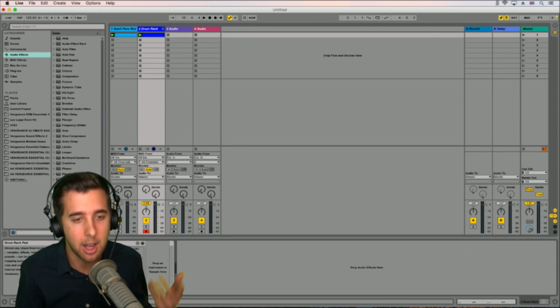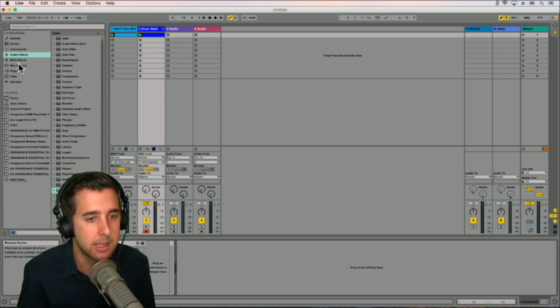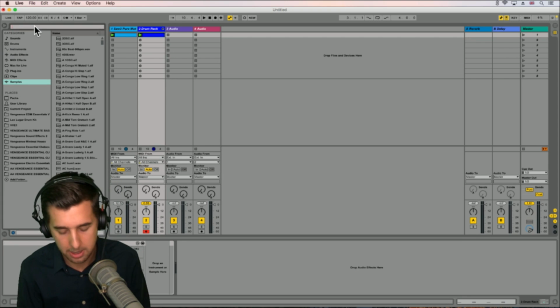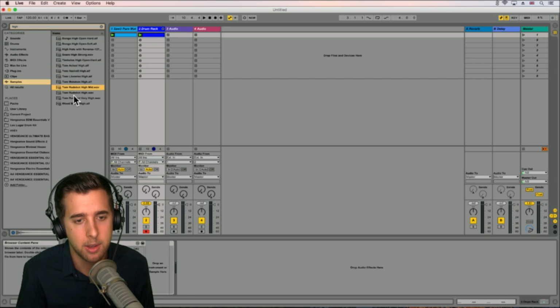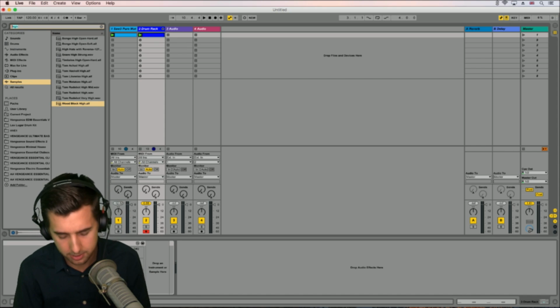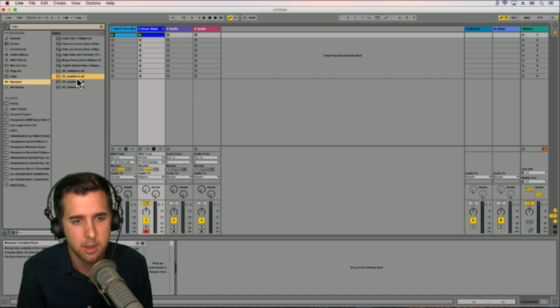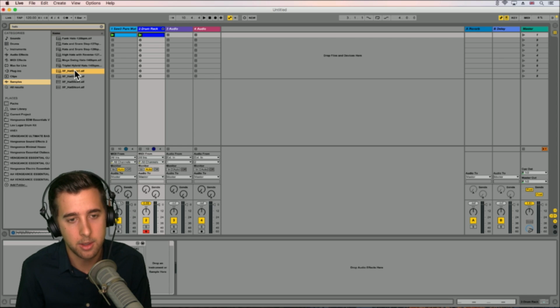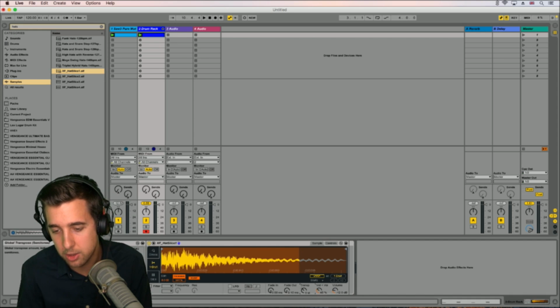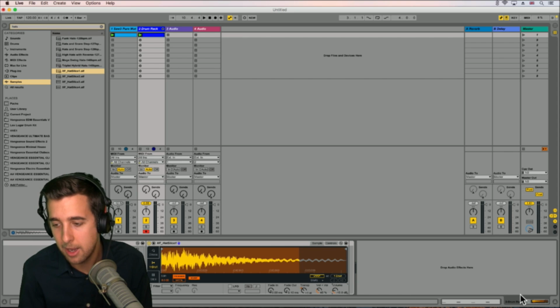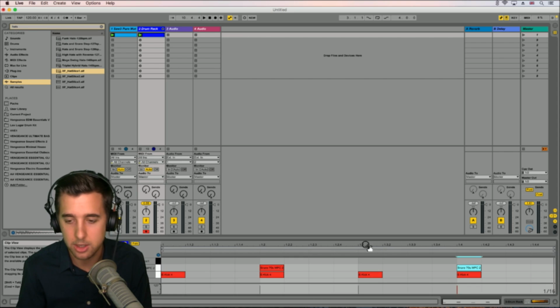Okay, let's add on a hi-hat quickly. Let's go back to samples up here and type in hi. Type in hats. There we go. Okay, and same kind of thing. We can change the transposition, we can change the volume, and if we go back down here, we can actually type in